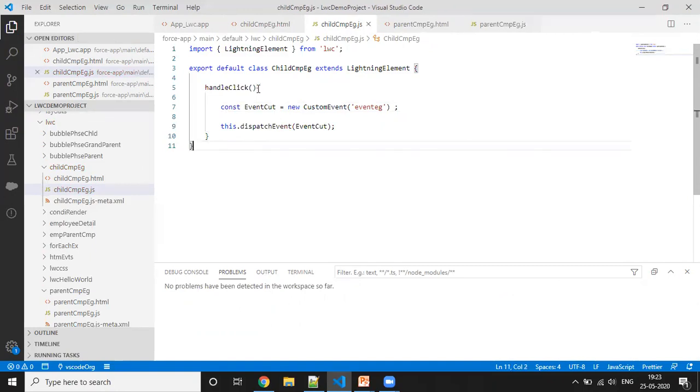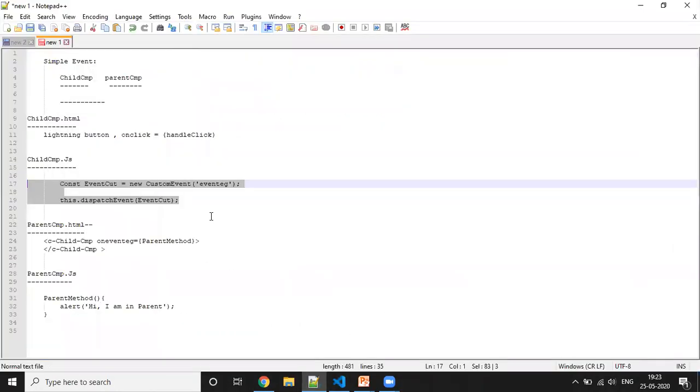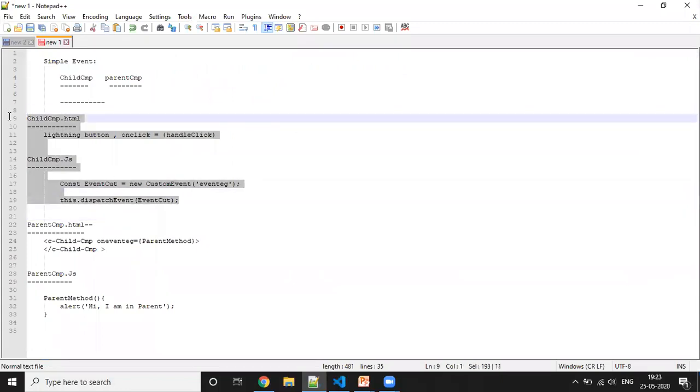So this is the part we have done on the child component.